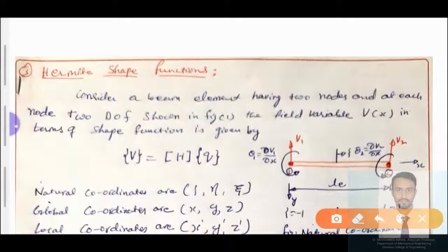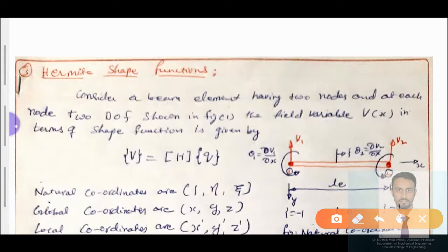Hello my dear friends, in the last video we learned module number 3 part A, introduction to analysis of a beam element by using FEM, how to formulate the potential energy functional for a beam and derivation of the elemental stiffness matrix. We have got a complete idea.